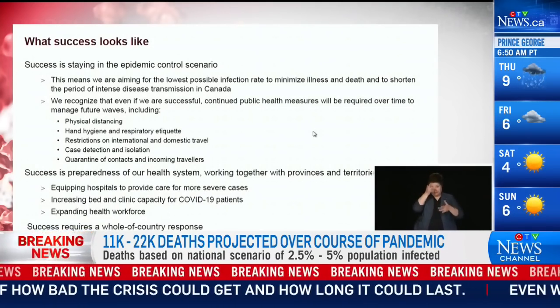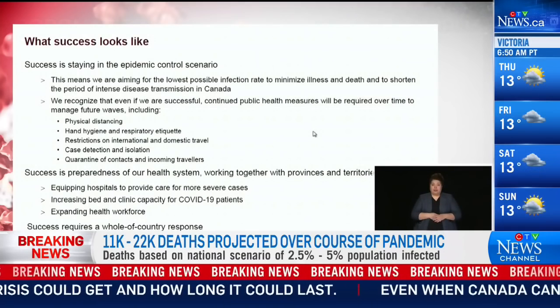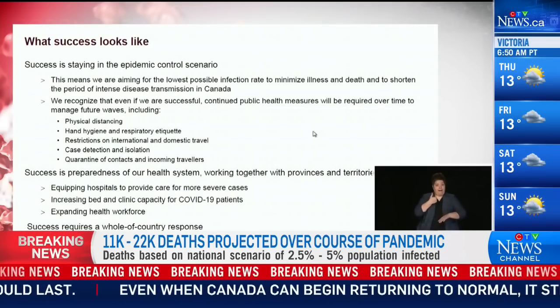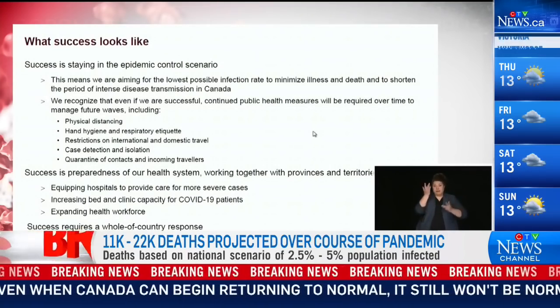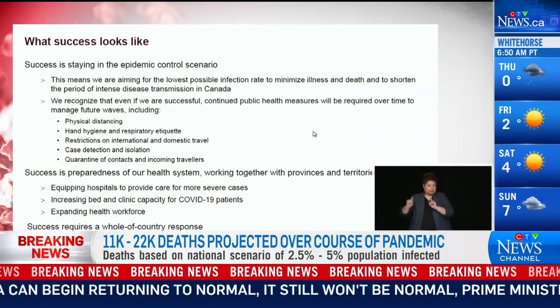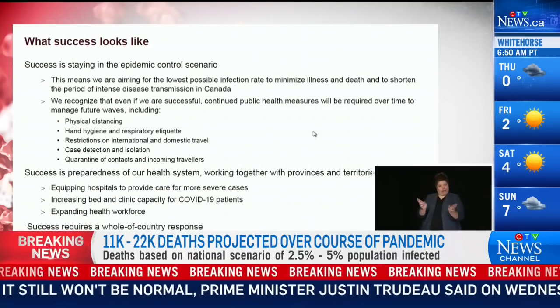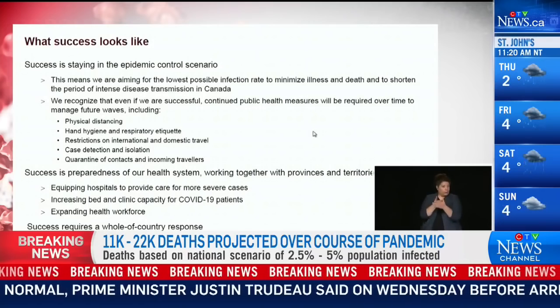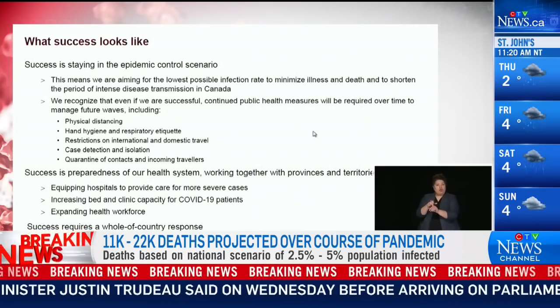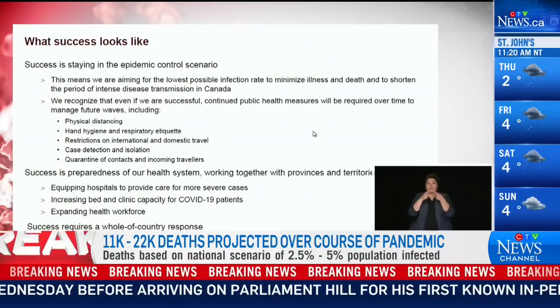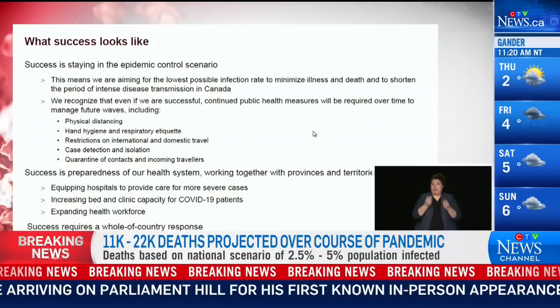Once we've observed significant progress in getting the epidemic under control, we will still need to have highly sensitive testing, and that will be in order to alert us to new cases occurring so that we can trace and stamp out any chains of transmission quickly. We will be back in the coming weeks to provide an update on our progress as the impact of our measures becomes more evident. Slide 19.